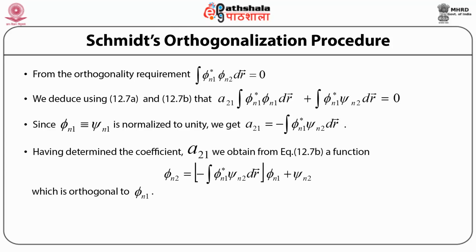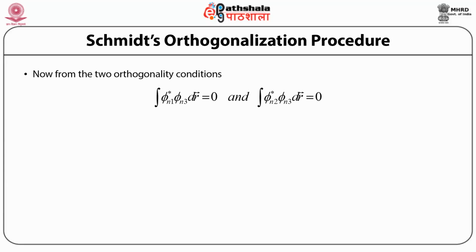Having determined the coefficient a21, we obtain from equation 7b a function phi n2 which is equal to minus the integral of phi n1 star psi n2 dr into phi n1 plus psi n2, which is orthogonal to phi n1. Now, from the two orthogonality conditions, the integral of phi n1 star phi n3 dr is equal to 0 and the integral of phi n2 star phi n3 dr is equal to 0,